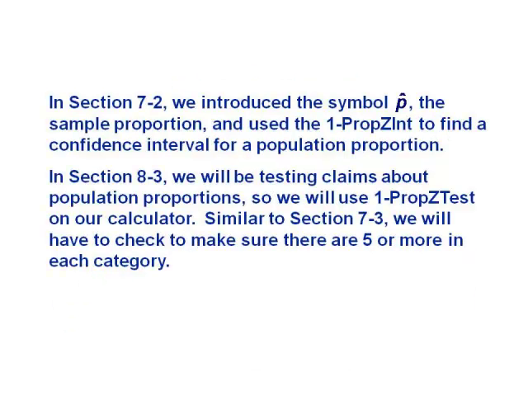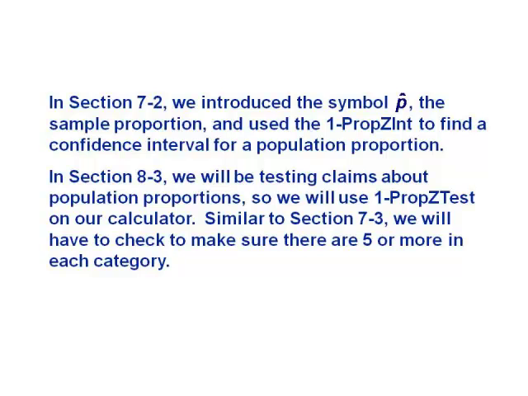In this section, we're going to deal with the cases where we're talking about proportions as opposed to the means. Just like in the last chapter when we were doing confidence intervals, we had one prop z-ints to do proportion confidence intervals, and we used this p-hat symbol to talk about the sample proportion. It's going to be very similar in this section. We're going to have a one prop z test to do the hypothesis test on proportions, and we'll use that same p-hat notation, and we'll have that same check where you have to make sure that you have 5 or